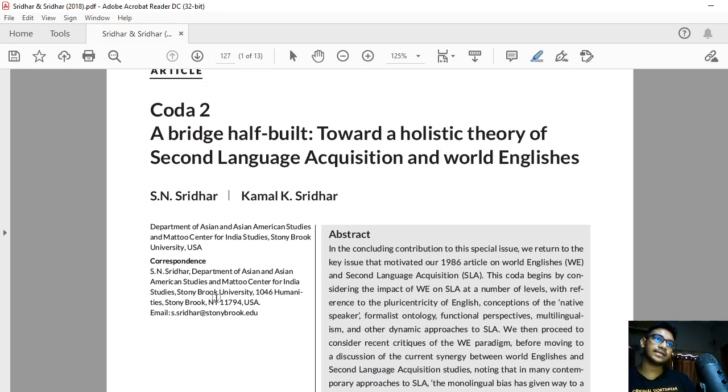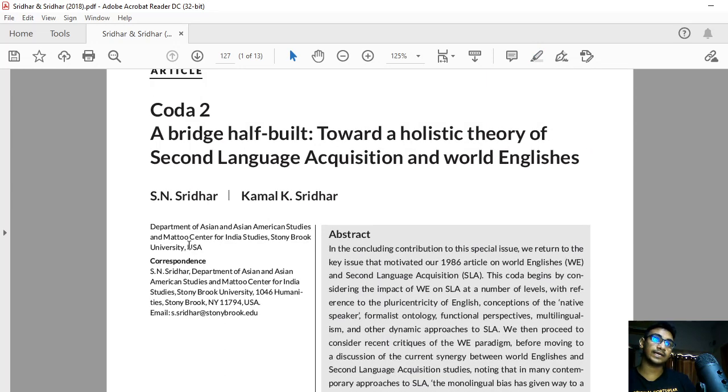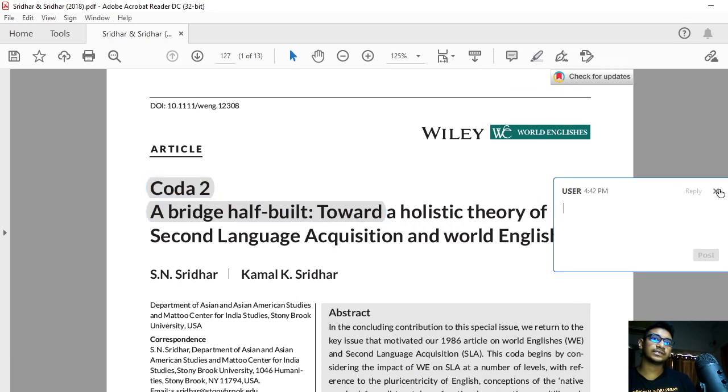The way I take notes is that I sometimes take notes in the PDF itself, if it's an ebook, or if it's a PDF, not a book. So for example, what you can do in PDFs is that you can select something and then you can highlight it, right? And let me change the color,